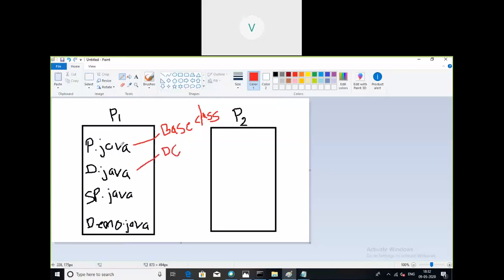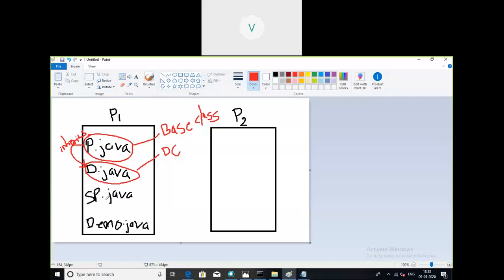That means P1 is a class, a derived class. The derived class is deriving properties from the base class. This is what inheritance is, which we have already seen. It inherits. So protection.java is the base class, derived.java is the derived class, inheriting properties from the base class protection.java.